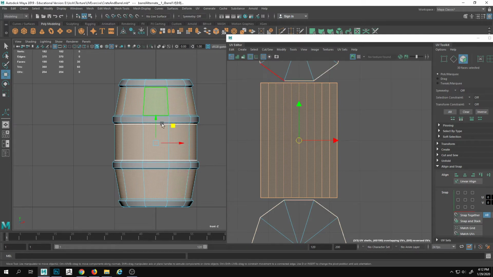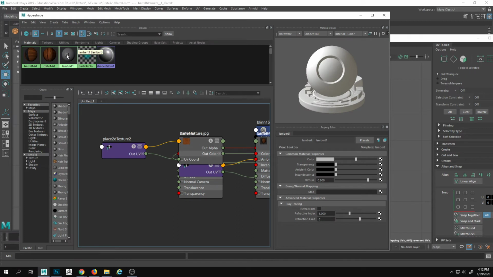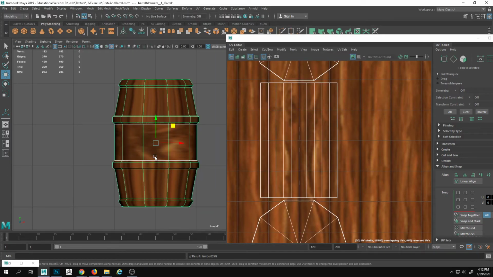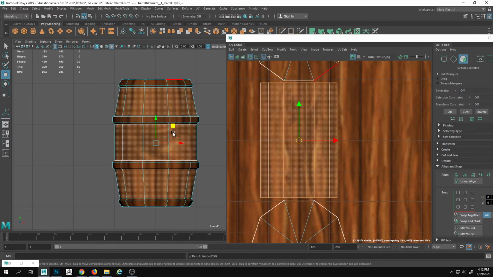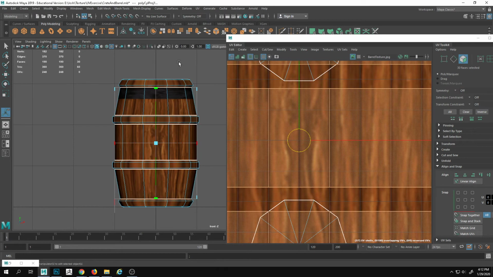So to do that and fix it, let's actually apply our texture so we can see it. So we're going to add our material, create material, or barrel material, right click, assign material. All right, now we have these. I'm going to go into UVs, and let's do a cylindrical. Cylindrical means it's going to unwrap it like a tube. So if I press that button,